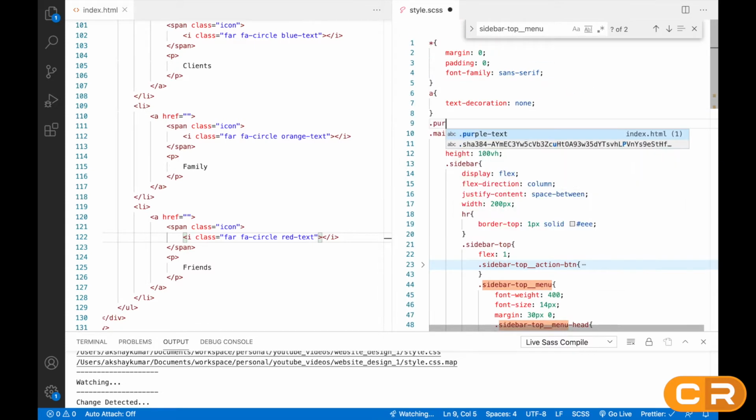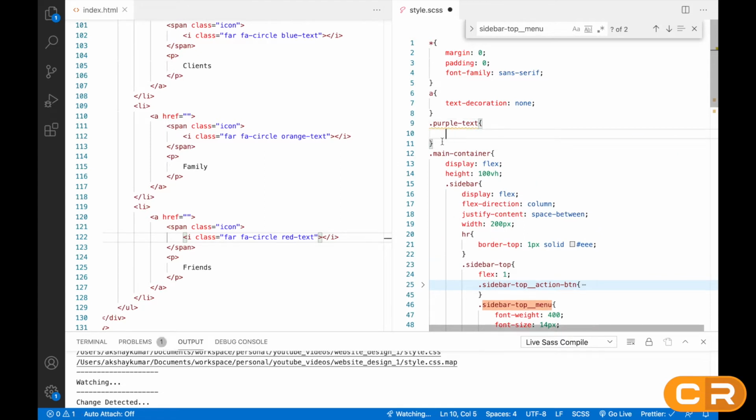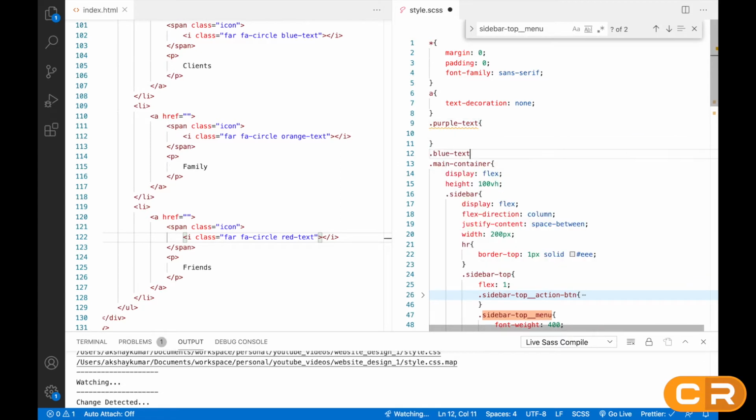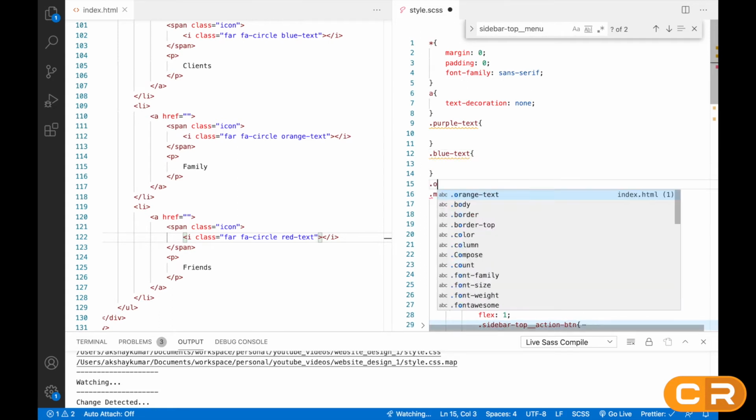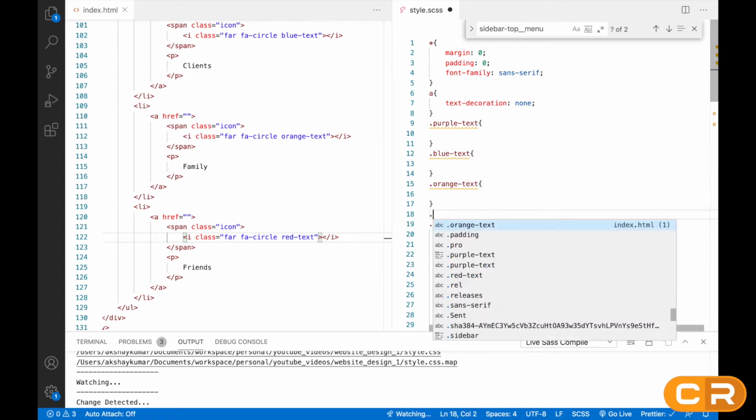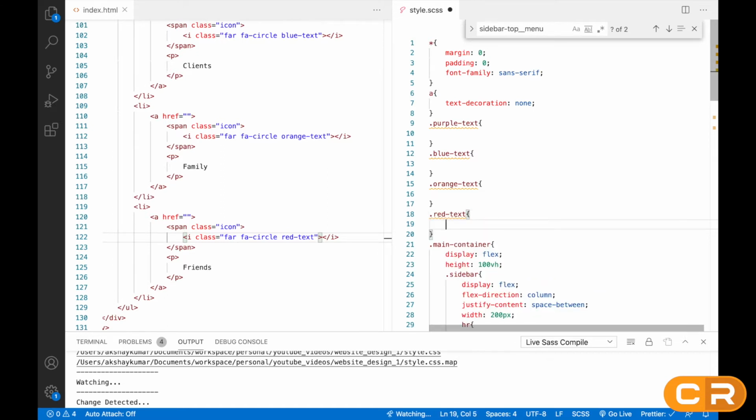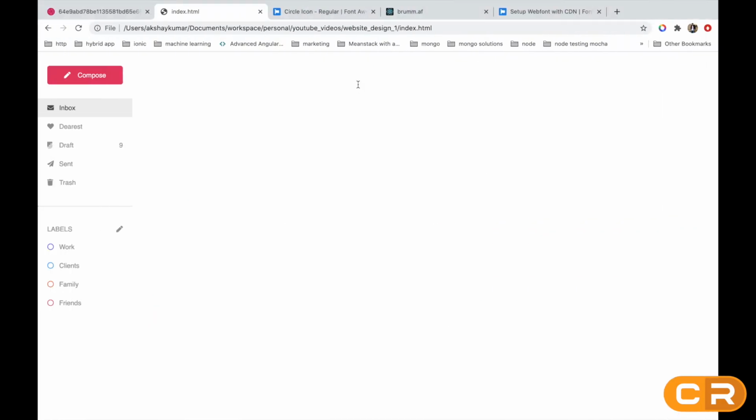Purple text, here blue text, then orange and red. For purple we have to give this color, and for blue this blue color. Here we have to give orange color, then last we have to give red color. Now if you refresh, it will look something like this. Pretty cool, right?